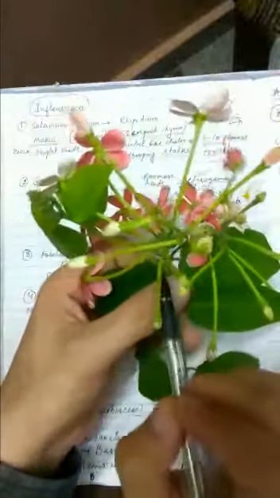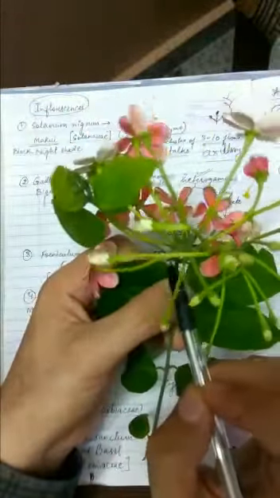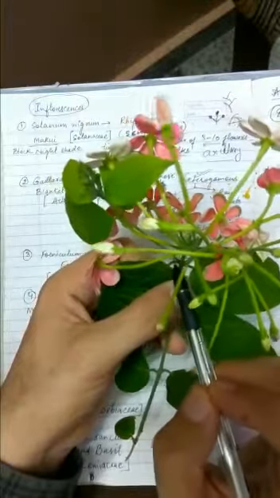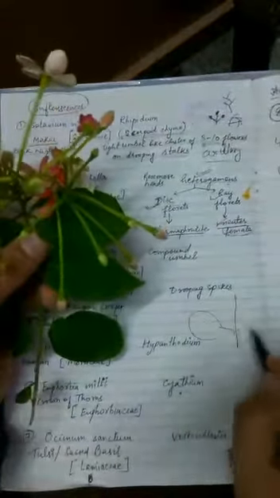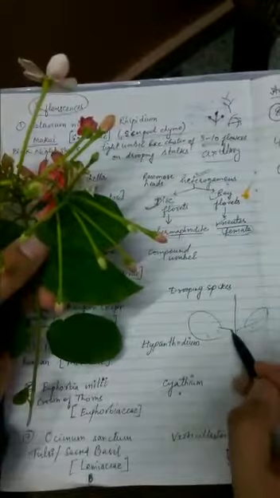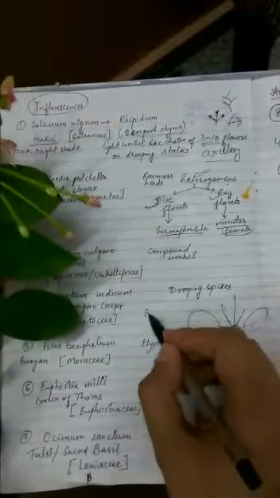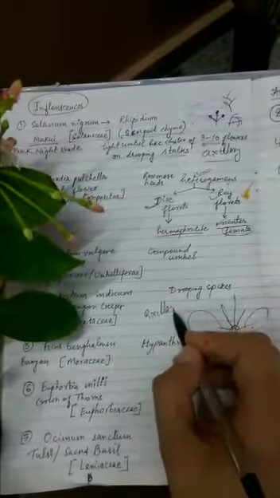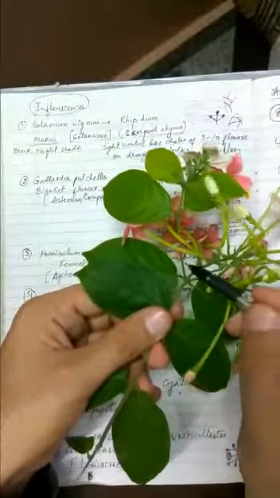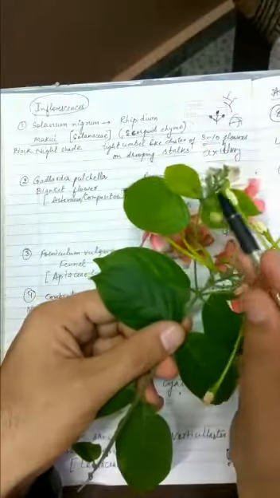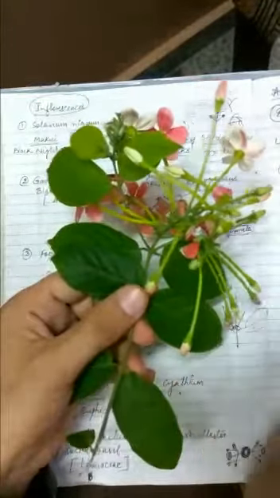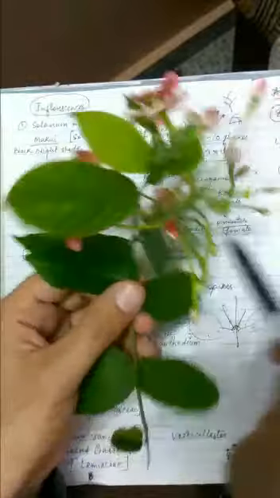Now you can see the flowers, the inflorescences are developing from the axil. This is the axil. These are the two leaves. The axil is here, the axil is here. So inflorescences are developing from the axil, so you can call them axillary type of inflorescence according to origin. So you can see one inflorescence is coming from here. Then in the same manner one is coming from here, and when you see the flowers you will find,